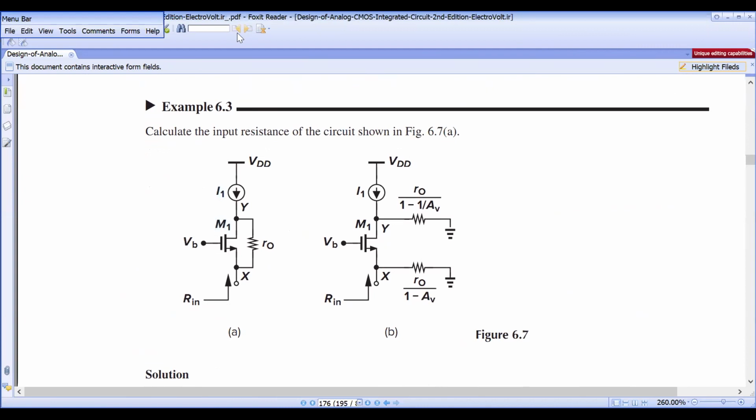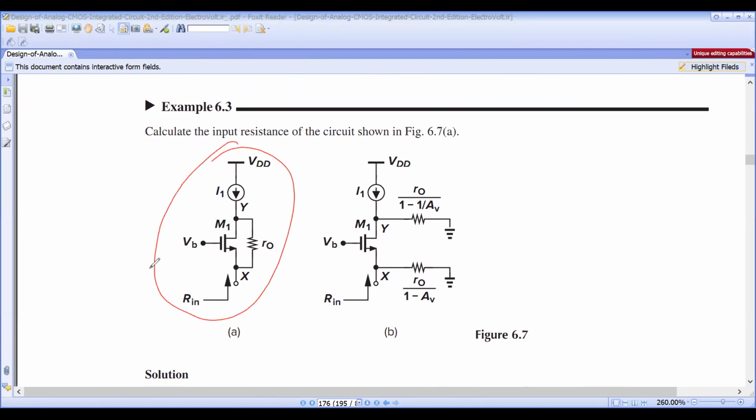Can you recollect this one? Can you test your memory? This is the CG amplifier, the common gate stage. This is X, this is Y, this is the MOS device, and there is an R0. If you treat this as Z,